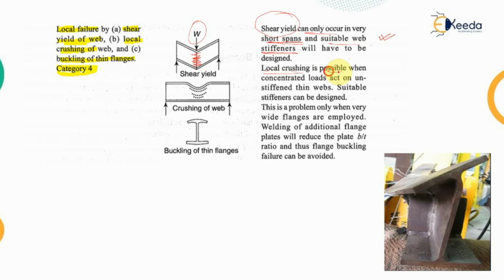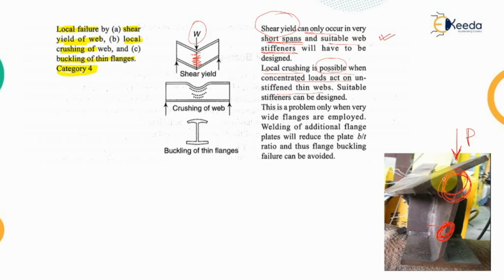Local crushing is possible when a concentrated load acts on an unstiffened thin web. This is an example of an unstiffened thin web. This is the thin web which is provided here. Now if a heavy concentrated load is acting here, at those positions the local crushing failure occurs. That means only this portion of the web, which is at the root of the fillet,